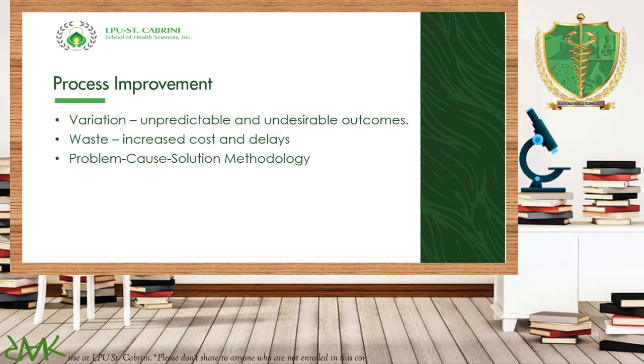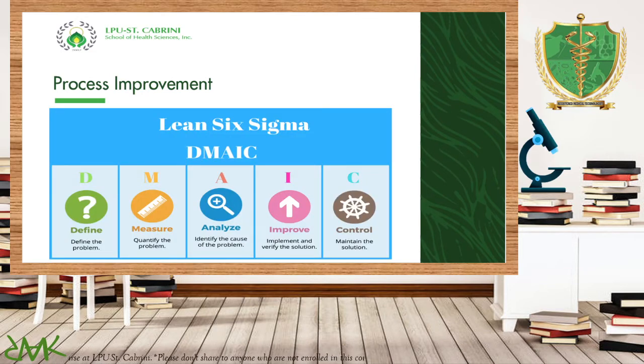Now, in making solutions, it is important to take note that the solutions that we are going to propose, the solutions that we are going to impose, should be long-term solutions to prevent the waste and the variation in the processes that we have. Because if the solution that we are going to have is just a short-term solution, or a solution that will also cause a problem, then that is not a solution, then the process won't be improved. Okay? That's why we have what we call the Lean Six Sigma principles, which help us to further